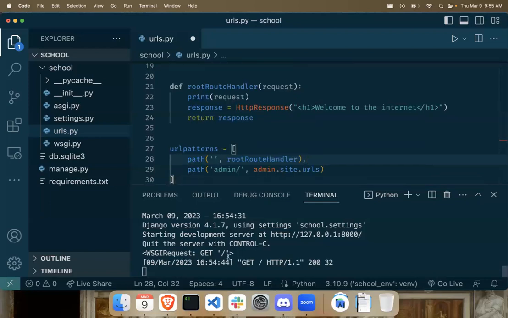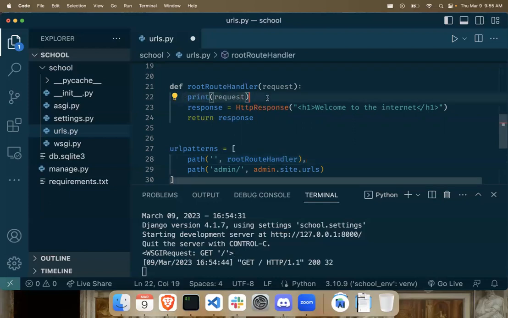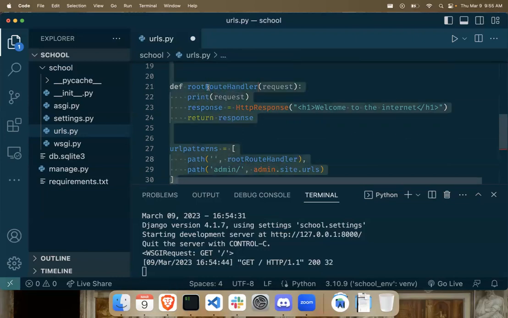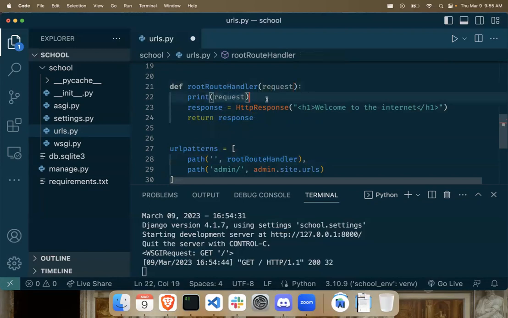So as you saw, we went like the print right here. What happened is we went to slash, it understood to link slash up to this function over here. Within this function, it actually got a parameter called request, and we print it. It's not that complex, but this request probably has more to it. At the very least, it understands that it's a get request, which we discuss a little bit later, and